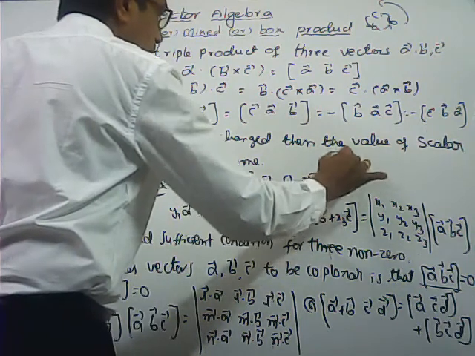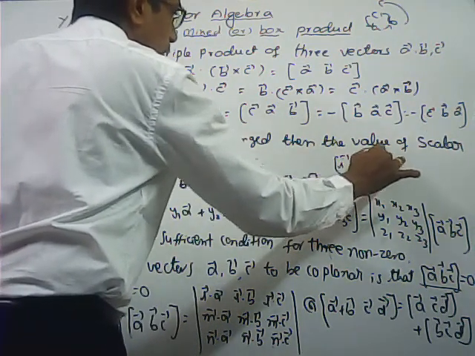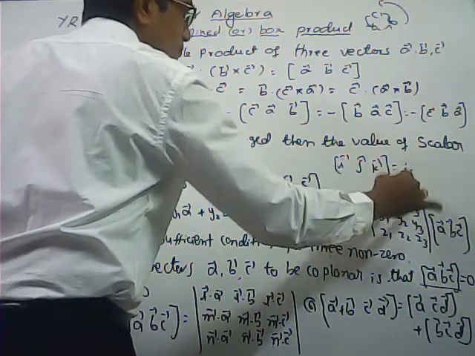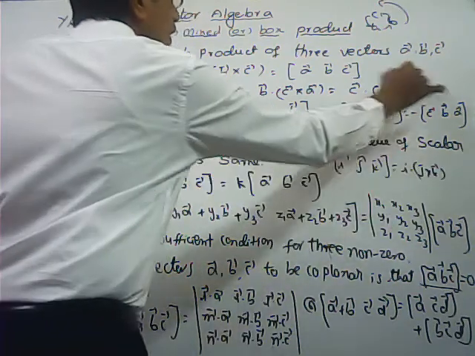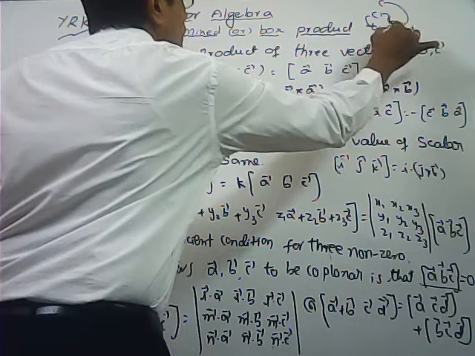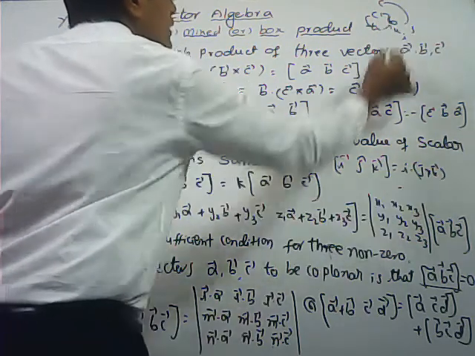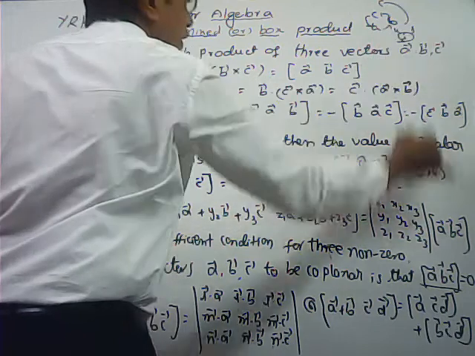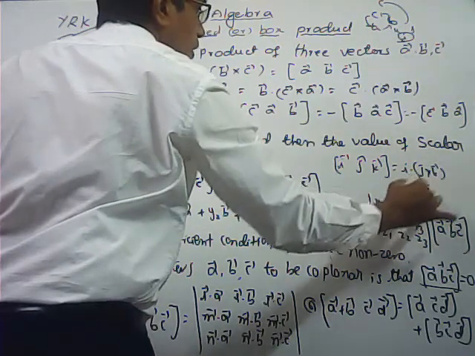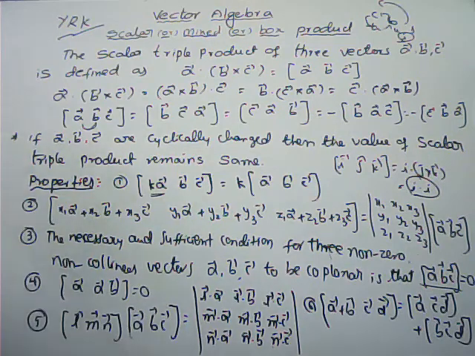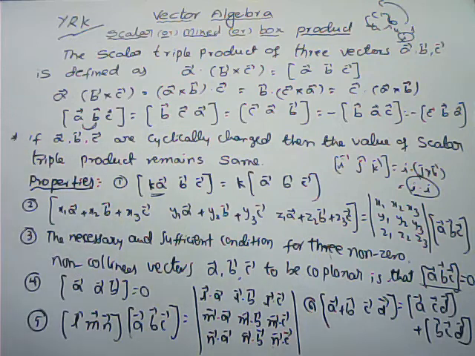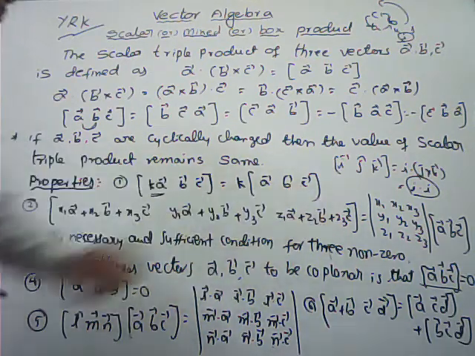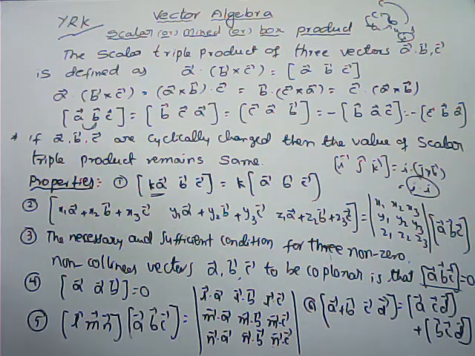Here I cap, J cap, K cap are there. Box ijk, we can write that value as I bar dot J bar cross K bar. Here also, cyclic order you can take in the anti-clockwise direction. Here J bar cross K bar is I cap only. I bar dot I bar is modulus of I bar squared, that is equal to 1. So only this one we can get. The box of these three vectors is equal to the determinant of x1, x2, x3, y1, y2, y3, z1, z2, z3.